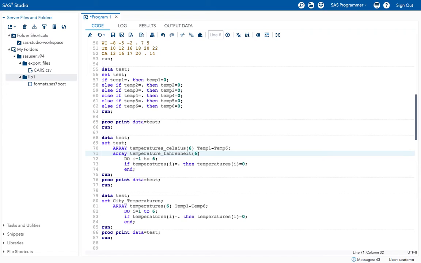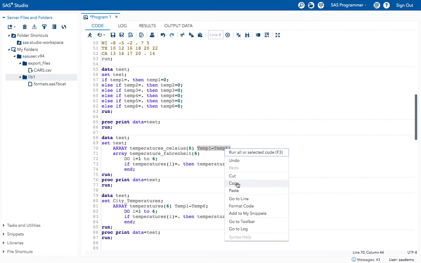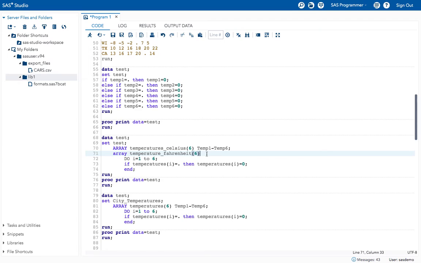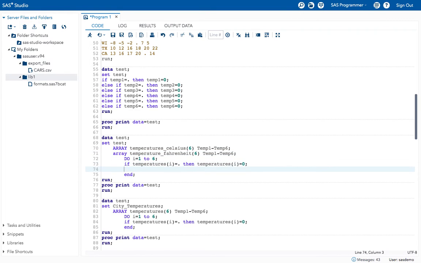How many variables? 6 variables, and mention the same temperature 1 to temperature 6. So it has to do I equal to 1 to 6, it's same, and if temperature I equal to dot, then temperature I equal to 0. We need to replace the missing values with 0. I will leave it just like that and mention the formula.